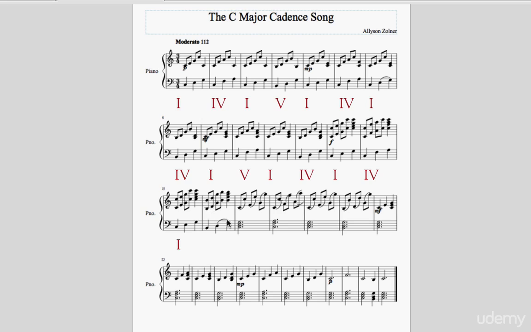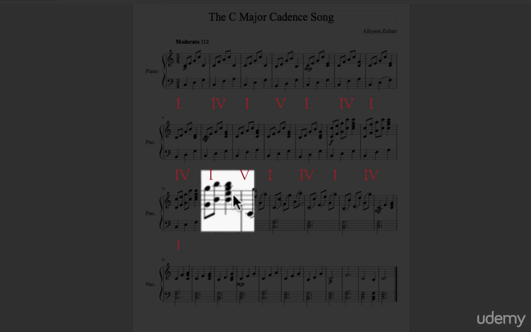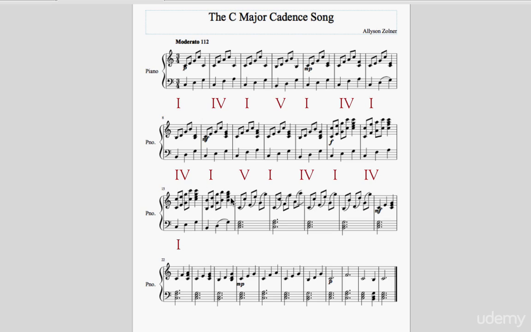this one's a little tricky. This is our 5 chord, but it looks a little different. If you go here, it looks like an E chord, right? Because we see E, G, and B. So looking closely at that, that is not a G chord. The last beat of right here is an E minor chord, which would be 3 in the key of C